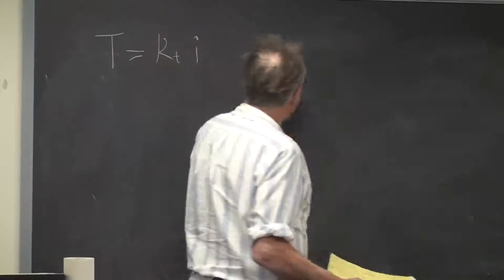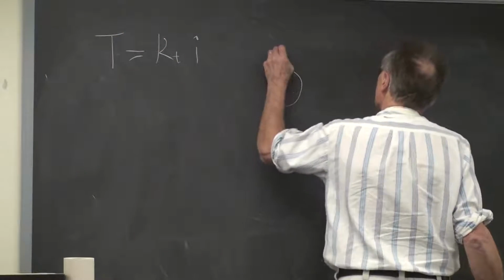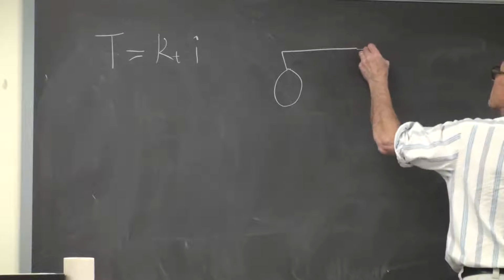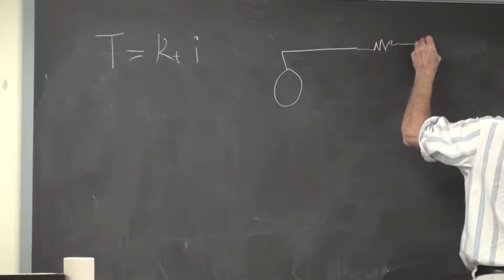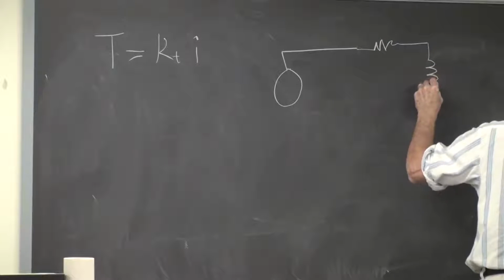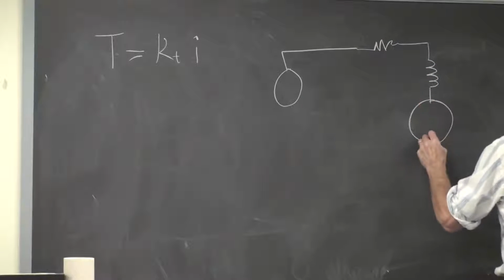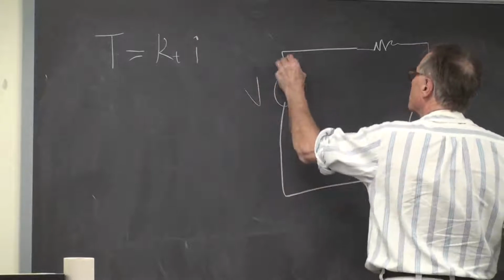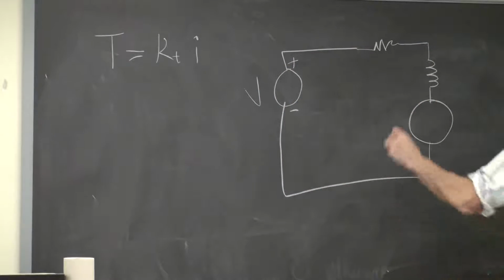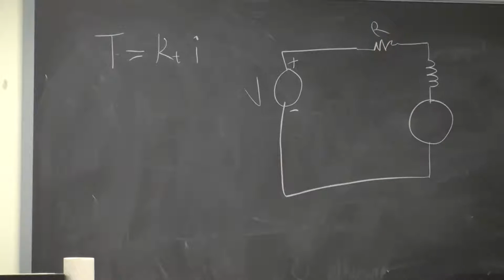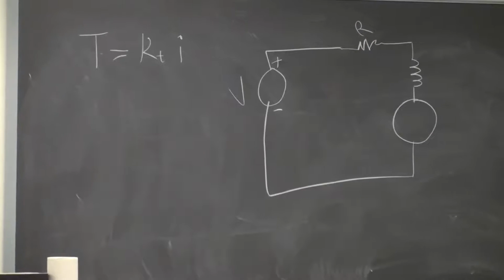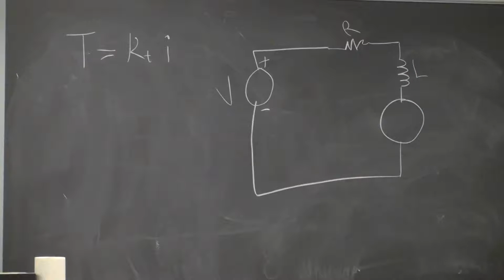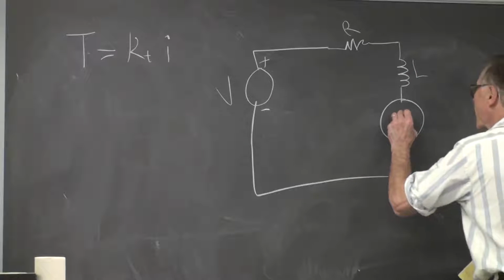But every motor is also a generator. So we're going to model a motor as an RLC circuit. We have some V applied. There's going to be some series resistance corresponding to the resistance of the windings and maybe some other stuff. There's an inductance corresponding to the inductance of a winding. And there's a back EMF,